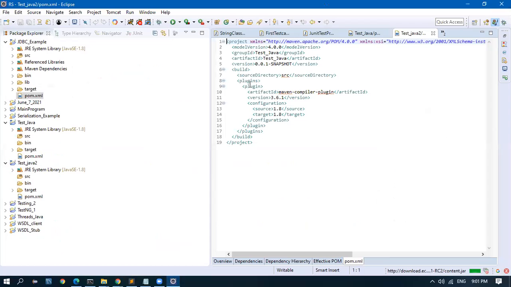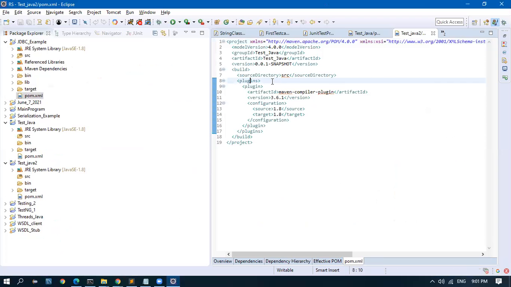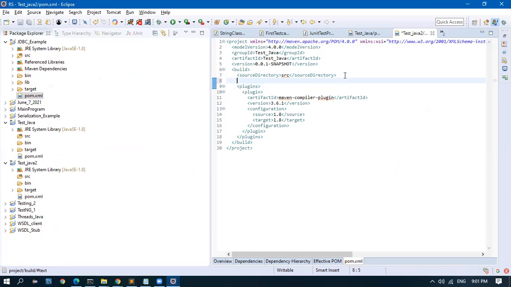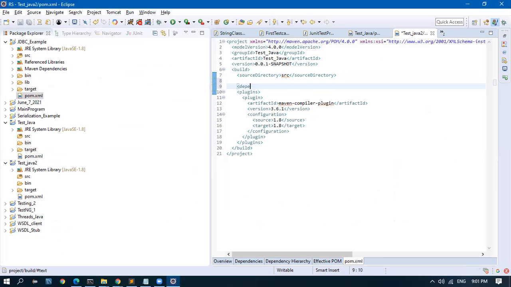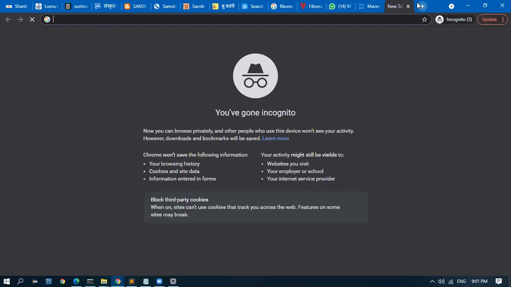I'll go to the pom.xml. I should give dependencies outside of plugin. Dependencies, I'll paste this. Okay, what is the syntax?